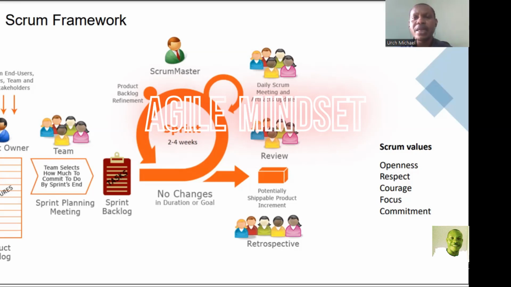Then you have to have your daily Scrum meeting and artifact updates. I told you the daily Scrum meeting is just a 15-minute meeting, not more than 15 minutes. And the questions are clear. You're asking everybody, what did you achieve yesterday? You want to know the progress review. What are you setting out to achieve today? Mr. X tells you, okay, yesterday I achieved this, we were able to do this and that. And today we are setting out to do this, this, and that.